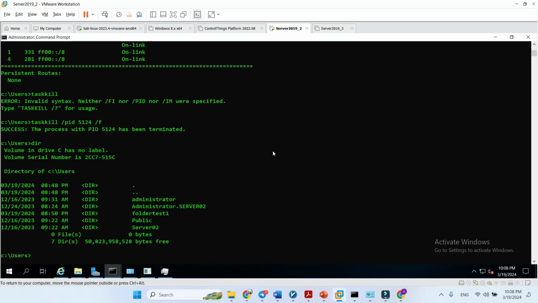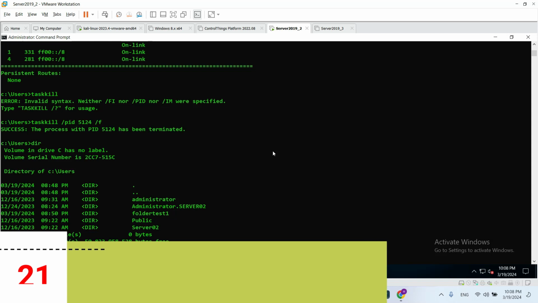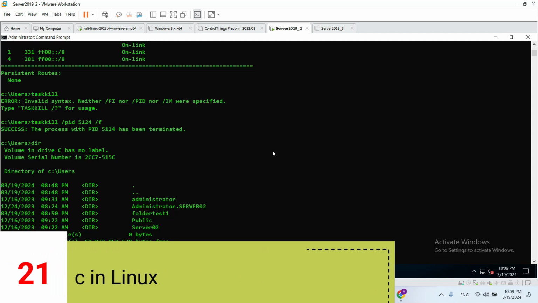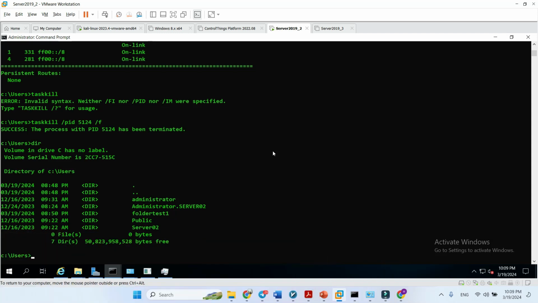I want to show you Robocopy, the command for copying all information from one place to another. This is a great and popular command in Windows, especially for changing a file server. And if I want to use Robocopy, let me mkdir